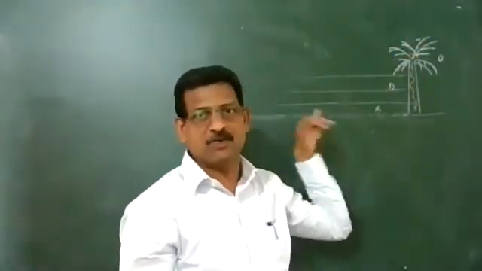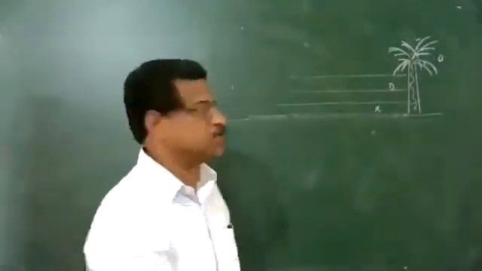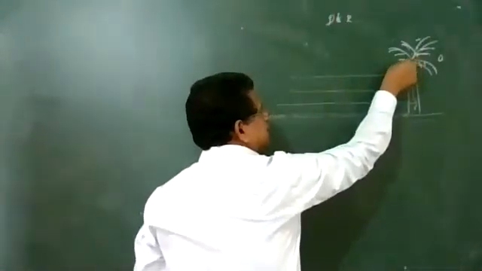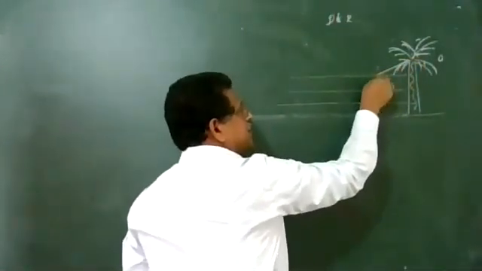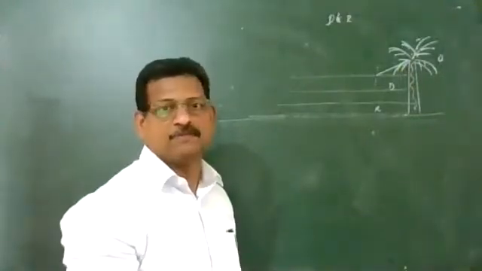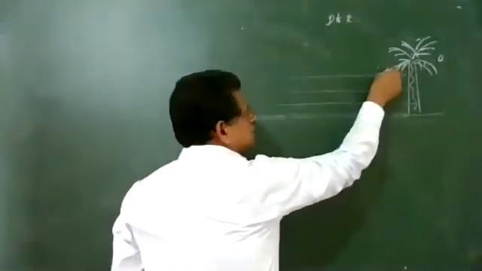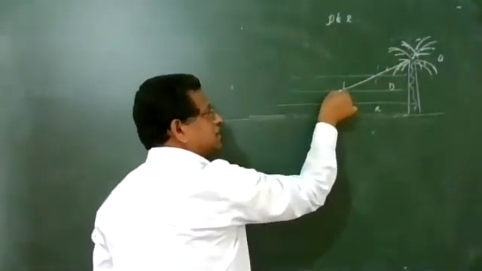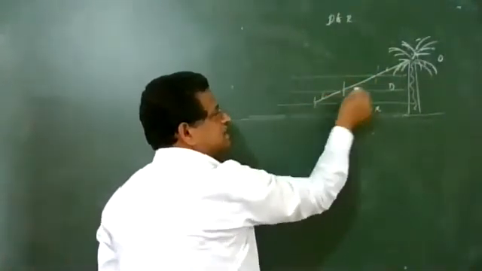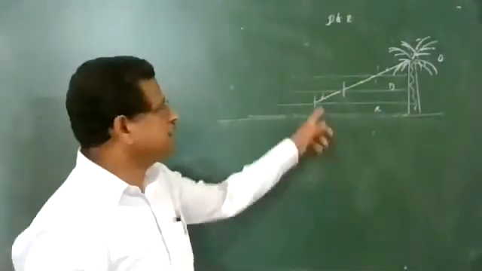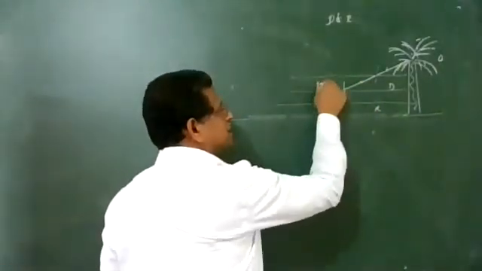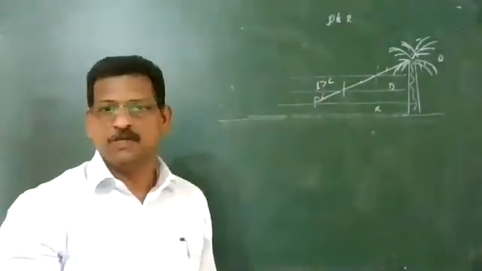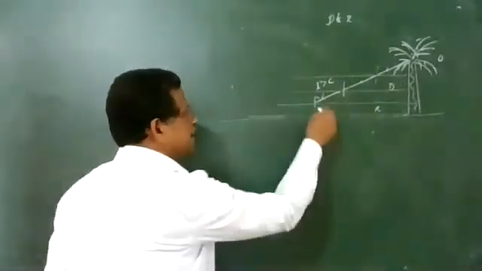So when a ray of light is coming from the object at more height, it is coming from denser to rarer. So it is a denser to rarer refraction, and the light bends away from the normal. It is coming slowly to this point, then the next step here, with slight bending. When it reaches here, the angle of incidence can be greater than the critical angle because of the refraction, and the light ray undergoes TIR at this point.